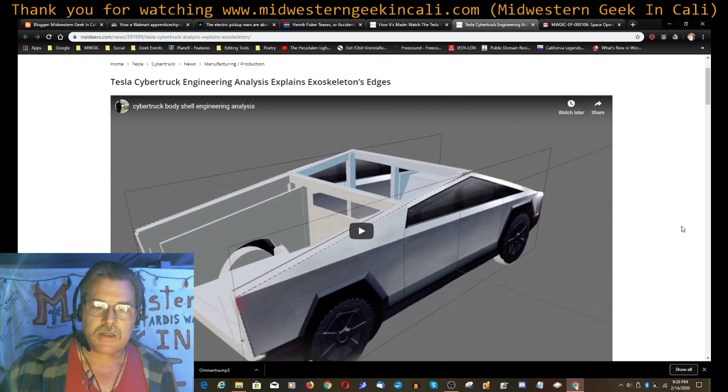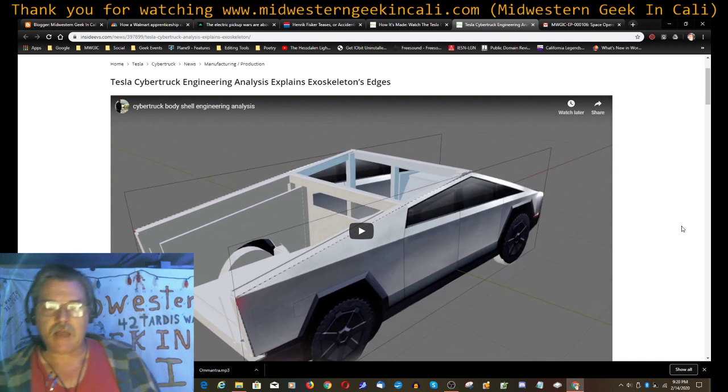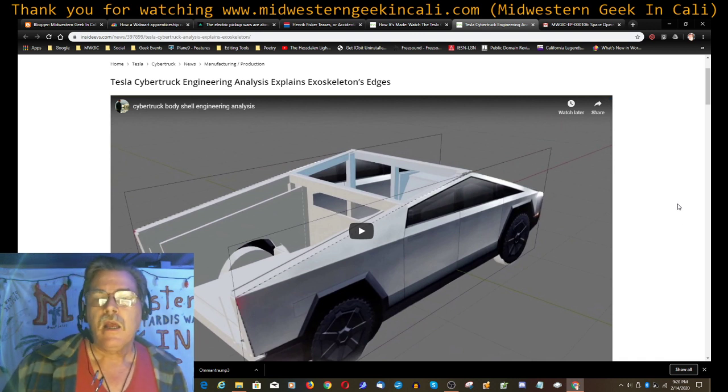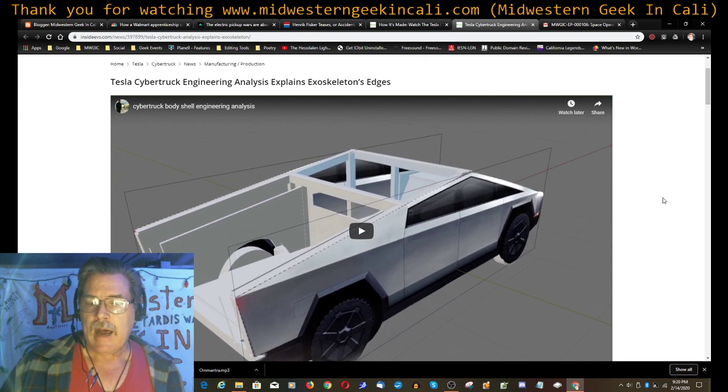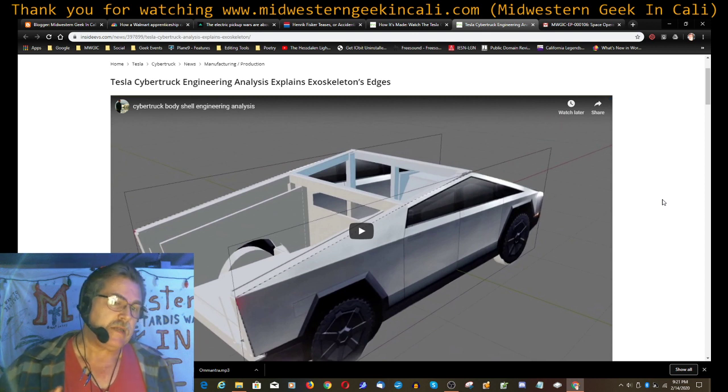It dives more into the structure of the Cybertruck as it's currently designed and gives some really fascinating insight into this thing. I think that there's a couple of points that other YouTuber was talking about that are going to be wrong based on what's in this video here. I think this is an important video to understand why the Cybertruck looks the way it does, why it's going to be a lot better than people think it is.